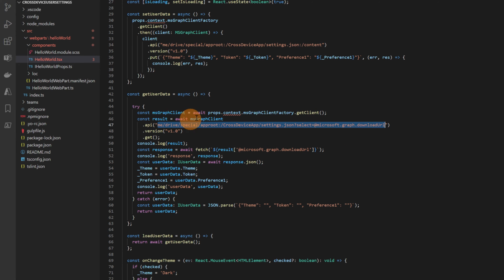So I have me drive special approot, that basically is the apps folder. Then in the folder cross device app, I want to get the JSON file. And then I have to specify in query string also this value, Microsoft Graph download URL, because this is a URL that you have to fetch later in order to read this JSON file. This because we are trying to contact a different domain. So first of all, we have to get a trusted and verified URL, and then we can fetch the data